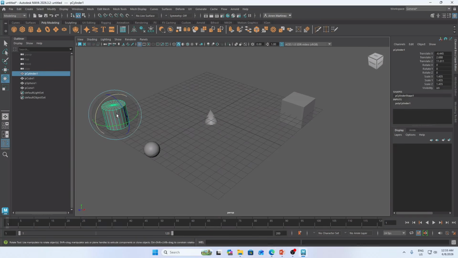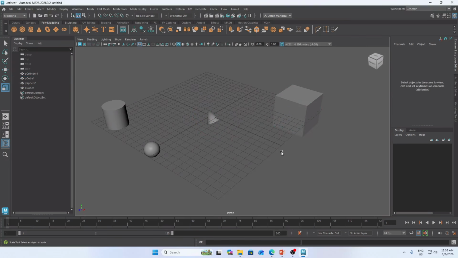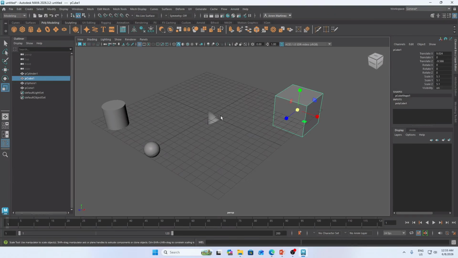We have a cylinder, sphere, cone, cube. How do I place them here? How will we rotate this particular object? How can we actually rescale this cube? So we have what we call the universal Maya hotkeys.